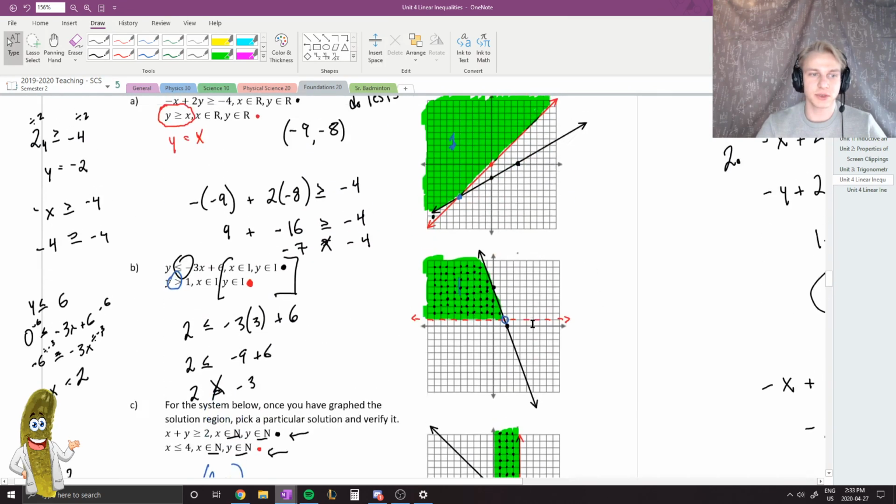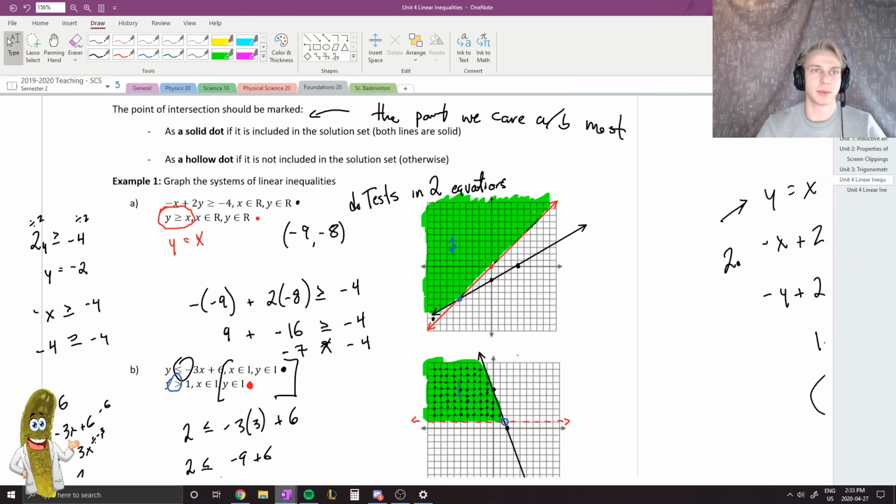Okay, so that is 3 examples of linear inequalities. I'm going to just pause this recording